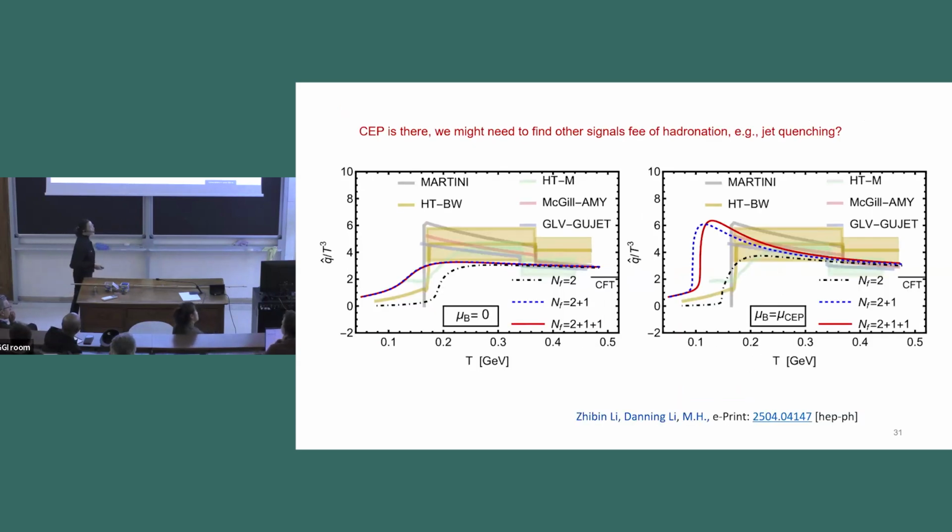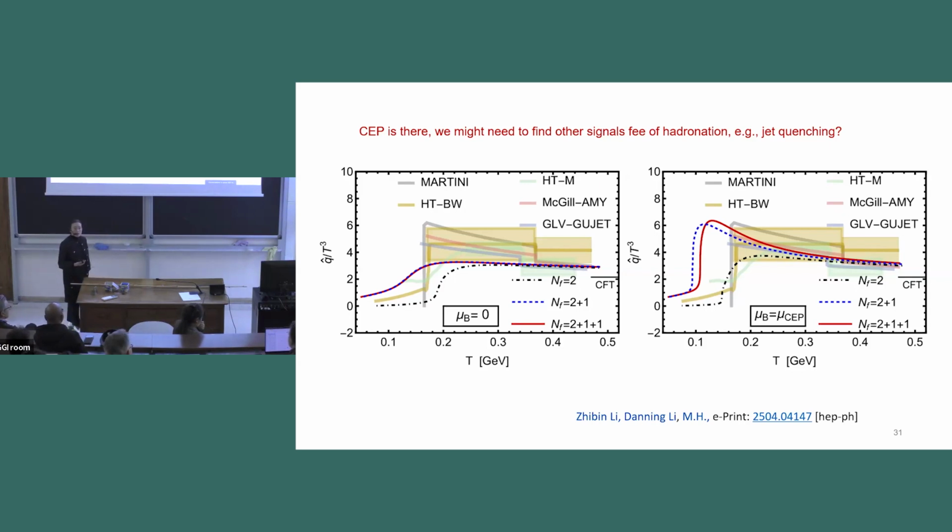Okay, so as I said, you have this critical point. This is a prediction from equilibrium, and also a prediction from your chiral phase transition. But from theory, your critical point might be there, but you will not see that from experiment if you use this